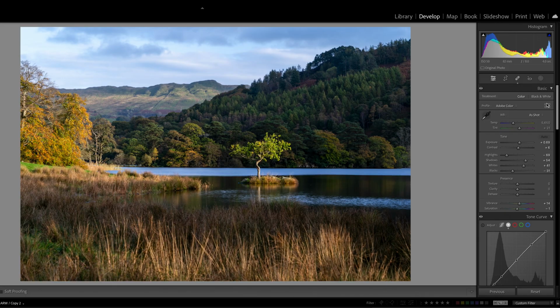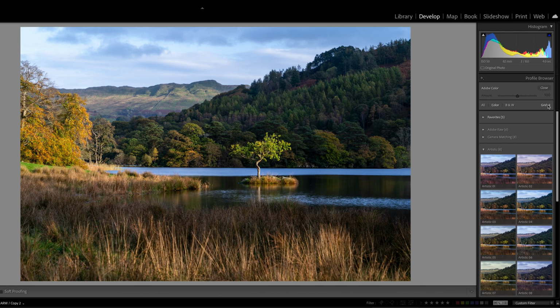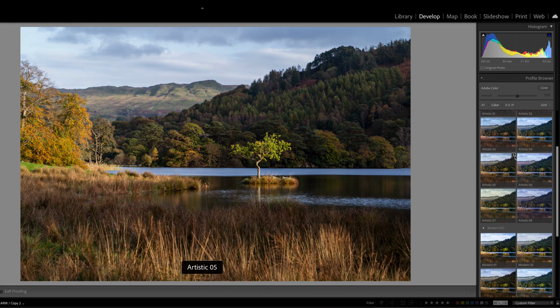So the first thing I'm going to do is apply a colour profile to it, and it normally would default to Adobe Color. If you click on that, it brings up all the options, and you can shortcut it a bit if you like. If you just want to see the color ones, click on color. If you just want to see black and white, click on black and white. I'm going to click on color, and